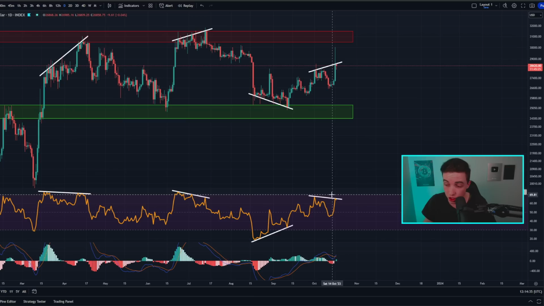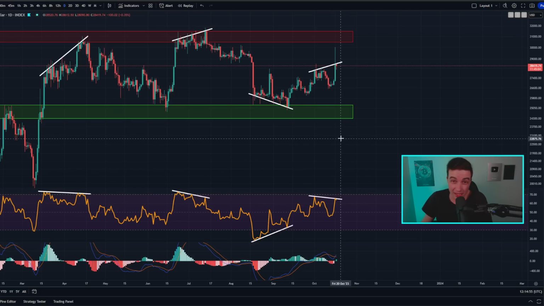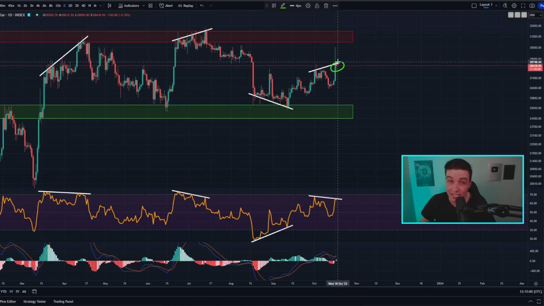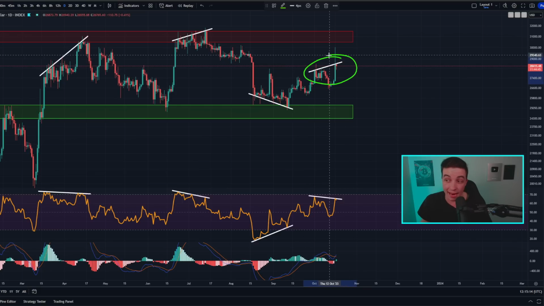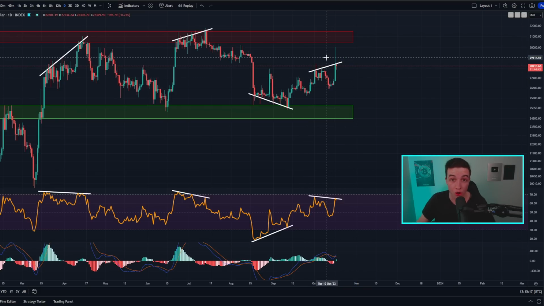daily Bitcoin RSI. Because, for example, if the Bitcoin price continues further to the upside over the next few days, that can pull the RSI further to the upside into potentially higher highs. And obviously, if we have higher highs in the price and higher highs in the RSI, there's no bearish divergence there at all. So basically, we need to see at least 1 to 2 daily candle closes confirm in the red in order to form a lower high and actually cement that lower high in place in the RSI. So at least for now, this is something to pay attention to, but once again, it is not yet confirmed.